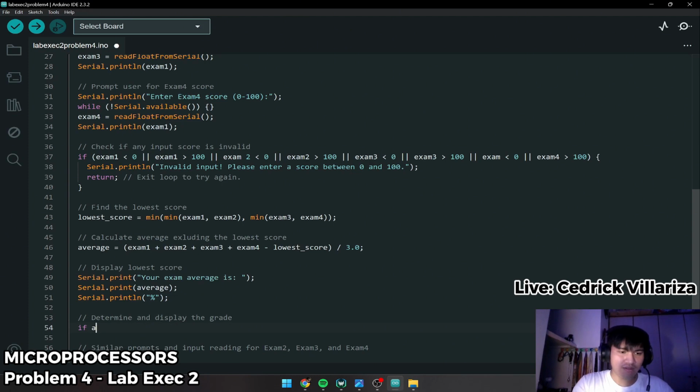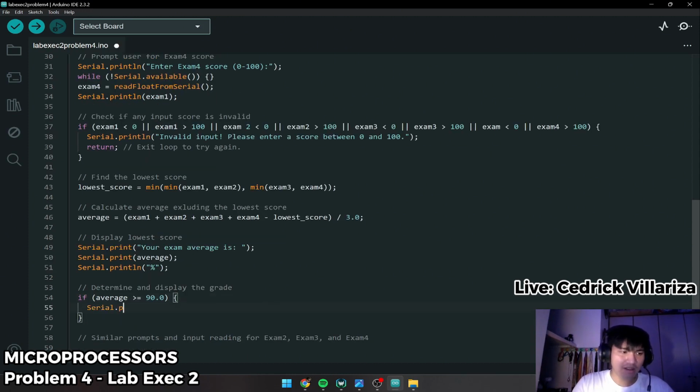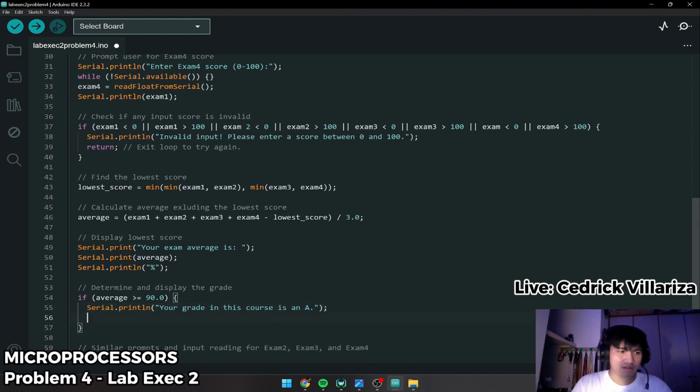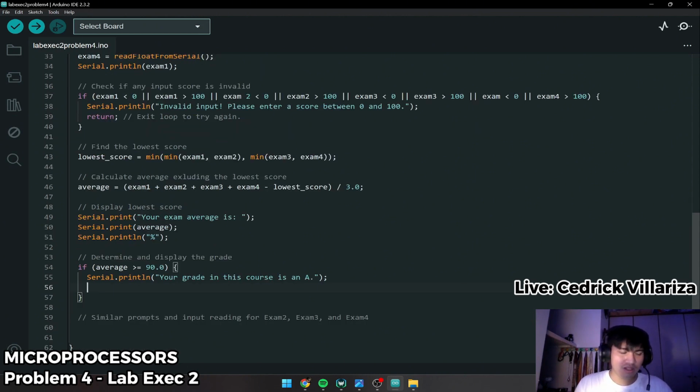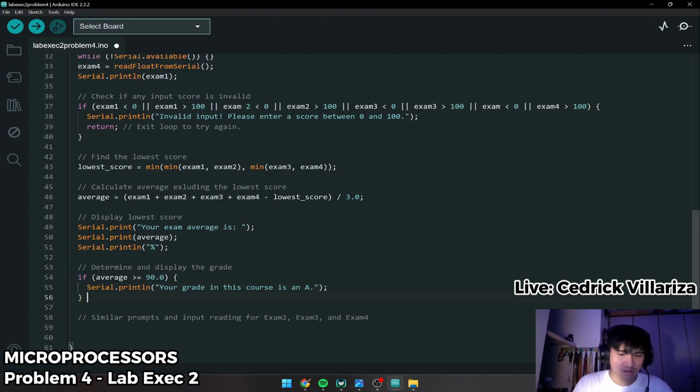If average is greater than or equal to 90%, then it will fall to the A grade. Serial.println "Your grade in this course is an A." Next, we will introduce an else if for this. Else if